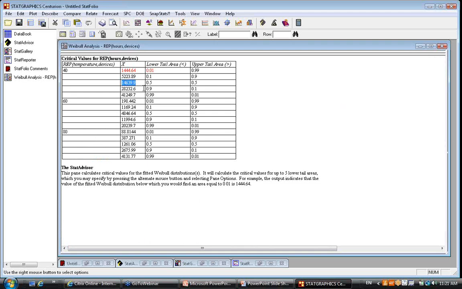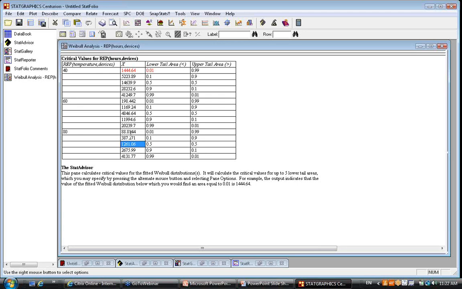At 40 degrees, the median failure time was about 14,640 hours. At 60 degrees, it was about 4846, and at 80 degrees, it was about 1,261 hours. Those are the estimated median failure times at those particular temperatures. I'm going to take those P50 values now, put them into the Arrhenius plot, and extrapolate back to what would be a normal operating temperature. I've accelerated the failures here by increasing temperature, and now I'm going to use the results to extrapolate back